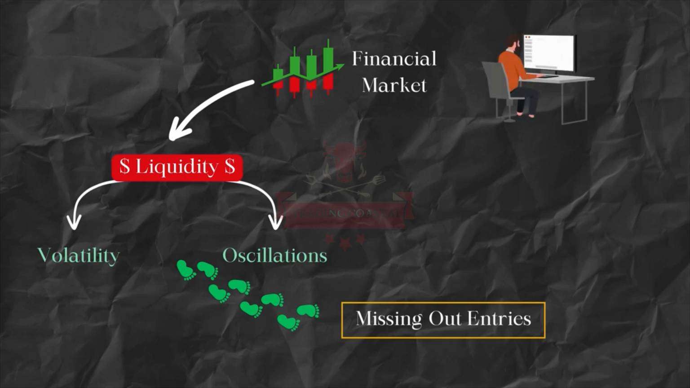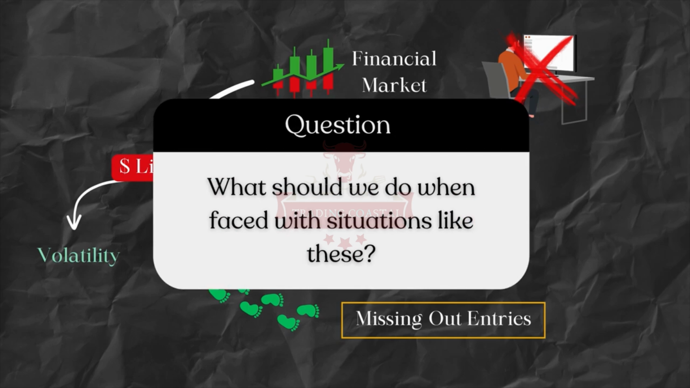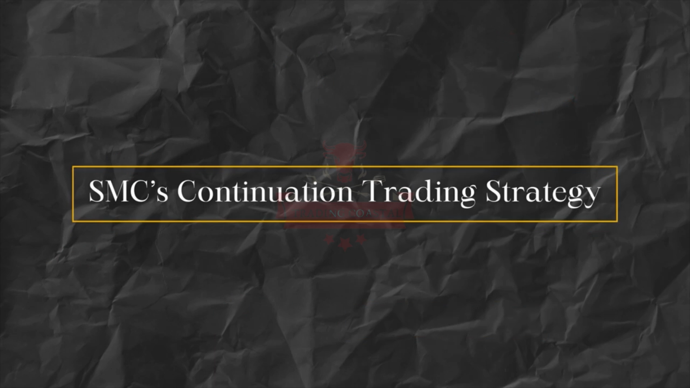Alternatively, traders may miss a trade because they are away from their screens when the price reaches their intended entry point. Interestingly, the price mitigates the recognized supply or demand zone, and then proceeds in the direction they had anticipated. This raises an important question: what should we do when faced with situations like these? The solution is straightforward: we must utilize the smart money concept's continuation entry strategy to enter the market and execute